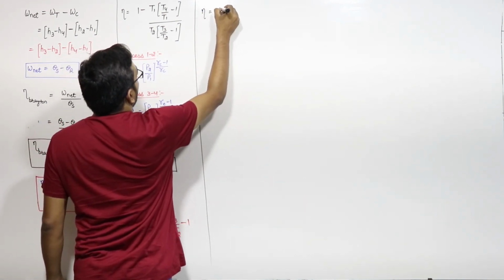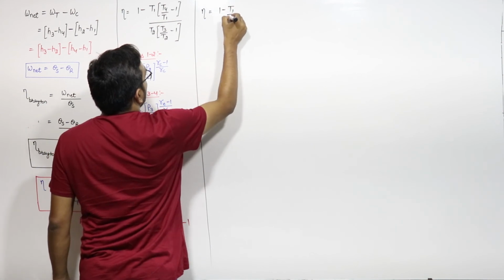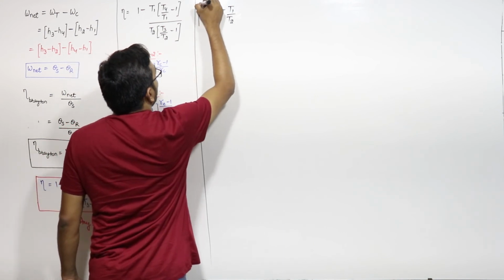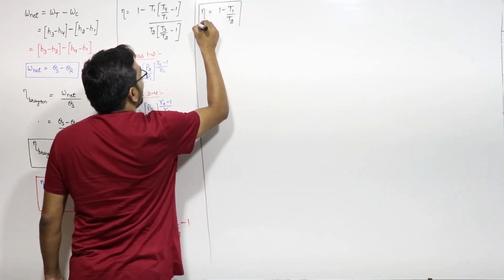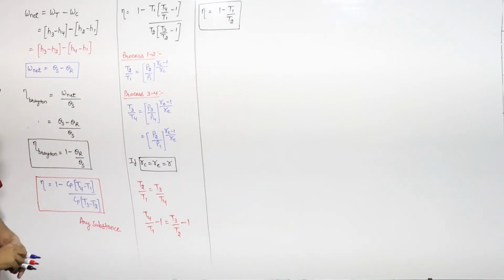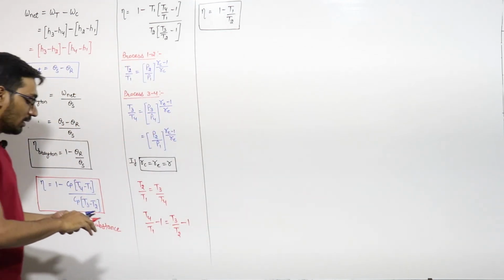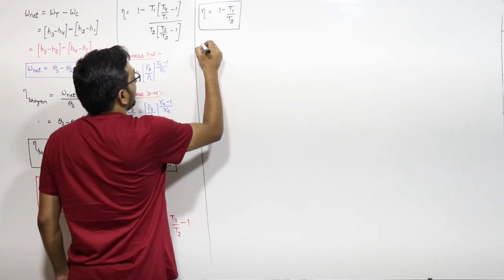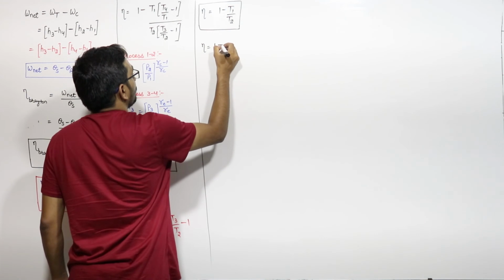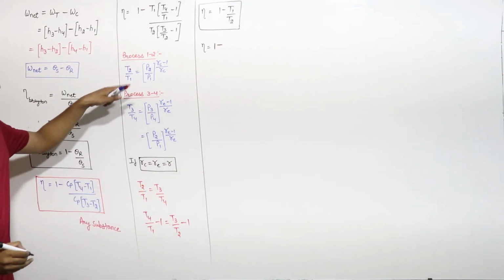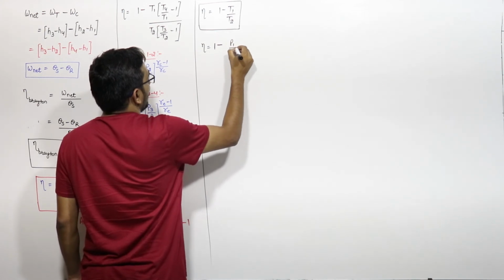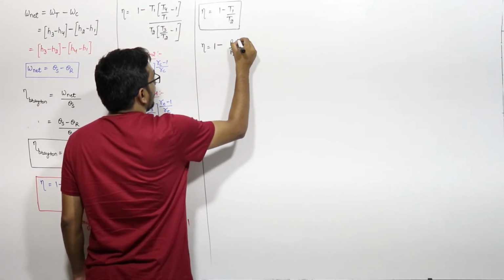that efficiency of the Brayton cycle will be equal to 1 minus T1 by T2. Efficiency of the Brayton cycle is 1 minus T1 by T2. Now what are the assumptions of writing this equation? Or from here you can write that efficiency will be equal to 1 minus T1 by T2, and you can write T1 by T2 is